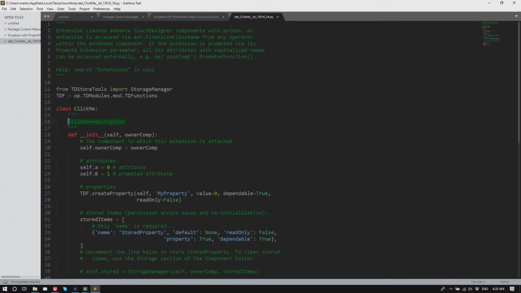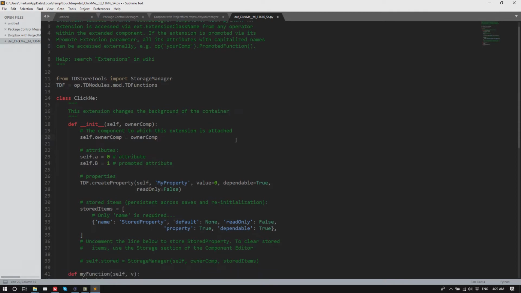And you can add a description here, which is always nice for people so they know what you're doing. This extension changes the background of the container.